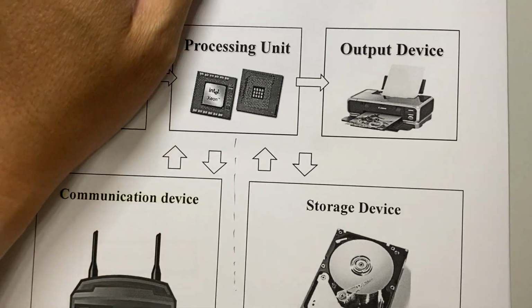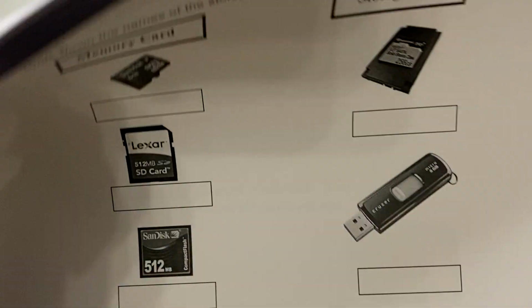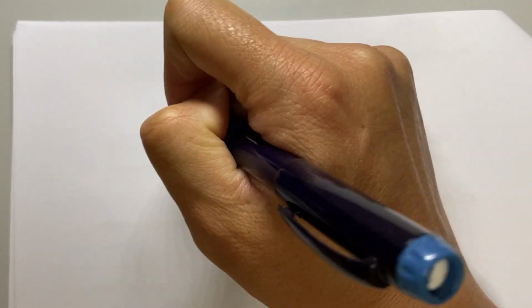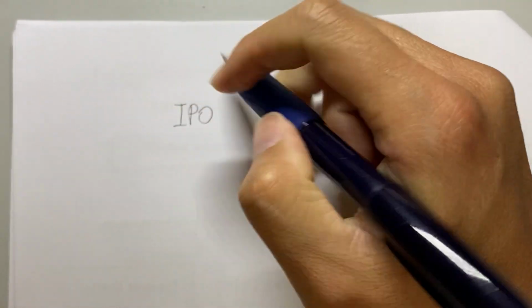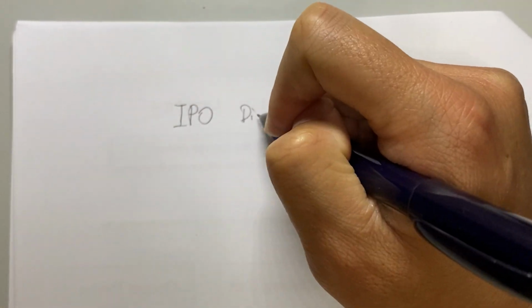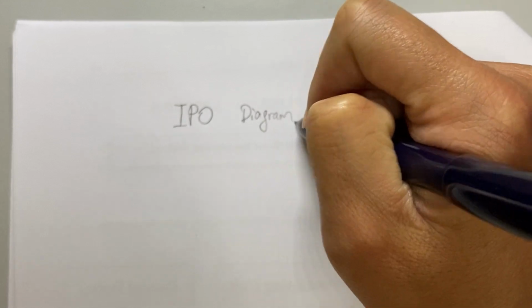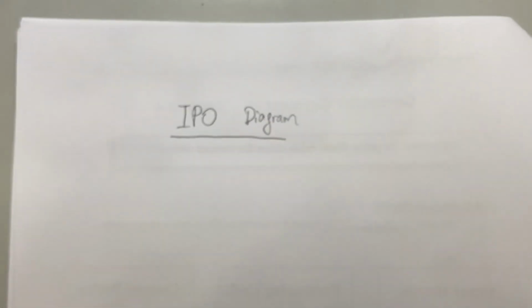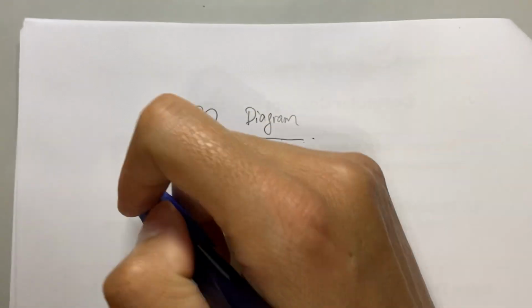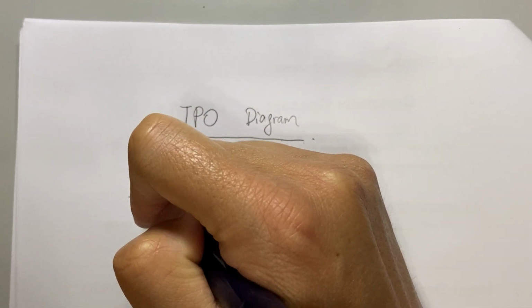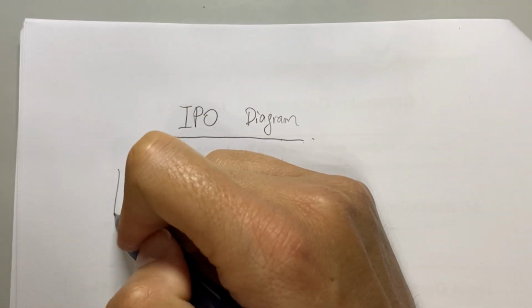If you want to make a simple conclusion, let's go to this. You may write it down in some of the spaces on your notes. For an IPO diagram, it works out like this. We have inputs or input devices,